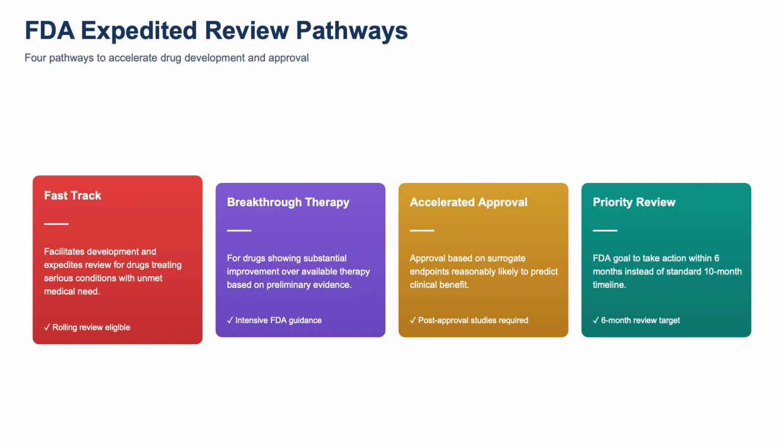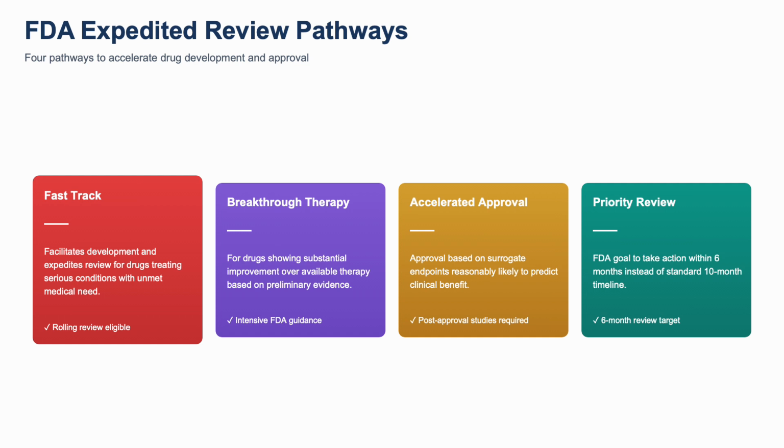FDA offers 4 distinct expedited pathways that are documented in Module 1, specifically in Section 1.7. Fast Track designation facilitates development and expedites review for drugs treating serious conditions with unmet medical need, and importantly makes the application eligible for rolling review. Breakthrough Therapy designation is for drugs showing substantial improvement over available therapy based on preliminary clinical evidence, and provides intensive FDA guidance throughout development. Accelerated approval allows approval based on surrogate endpoints reasonably likely to predict clinical benefit, but requires